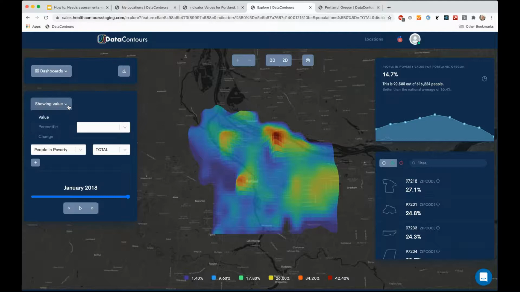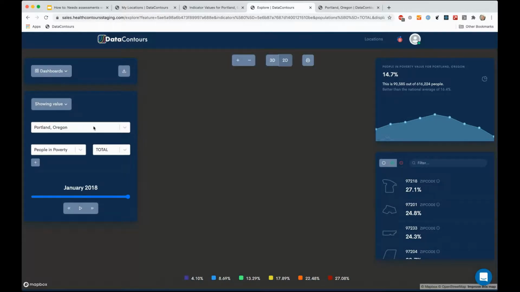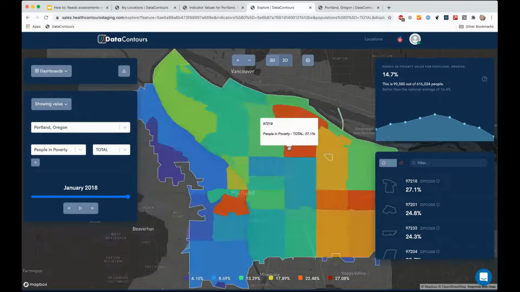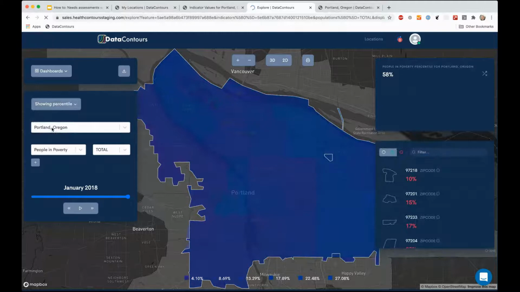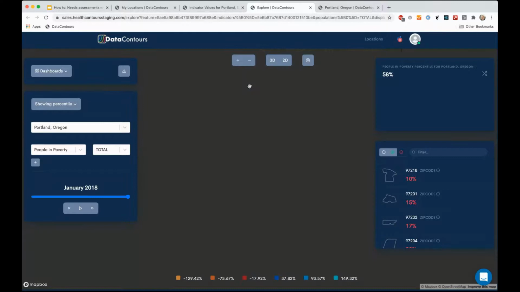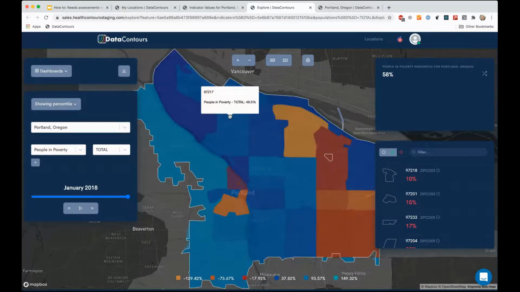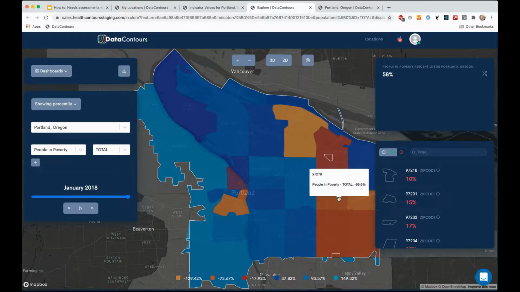The other thing I wanted to show on this screen is we have a couple of different ways of looking at the data. So this is the value view, which is just the straight, what's the poverty rate? We also have a couple of different views, which are what's the percentile view? So if I wanted to see what the view of the data based on these national percentiles are, red being worse, blue being better, we can see where parts of the community are scoring particularly below the benchmark or particularly